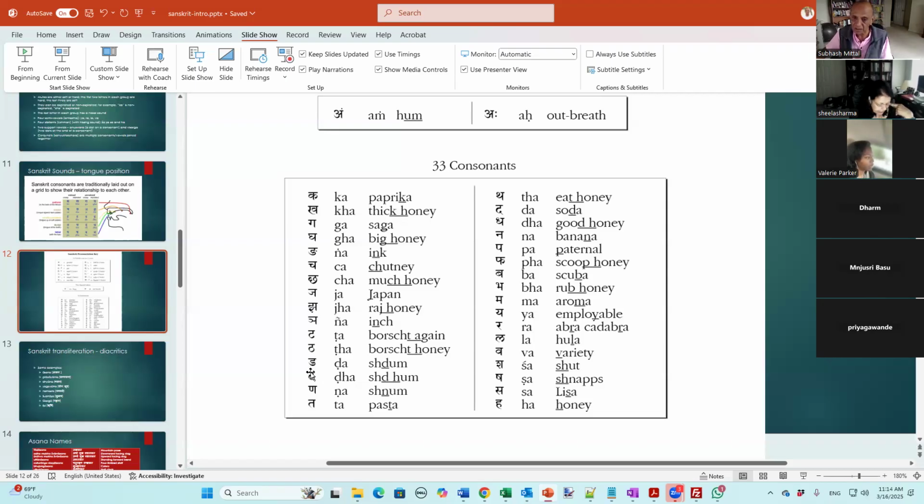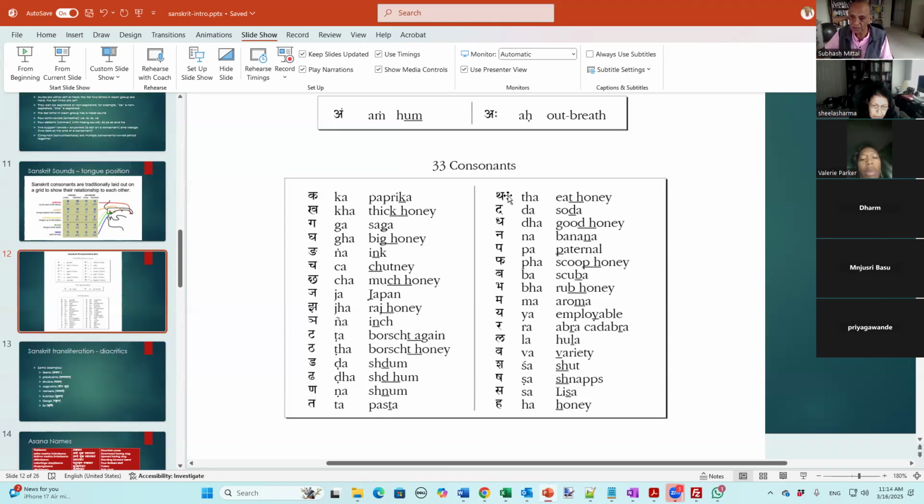So ta, ta, da. Da is like dogra, like dog. That's the same thing as dog. Very similar to dog. And again, the next one is da. This is just a silly example, there's no other way to write it. It says shdam. Okay, that's how the da is pronounced. Now, this letter is a little bit difficult for most people. Even in India, I've found people sometimes are not very comfortable. So there is a sound, na.